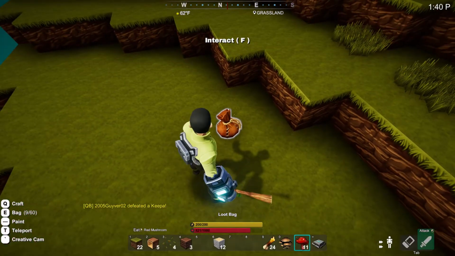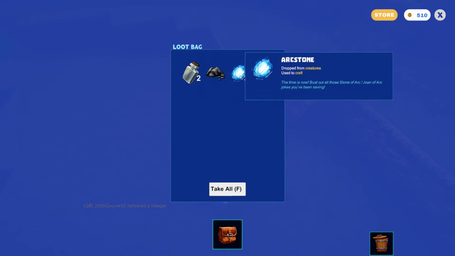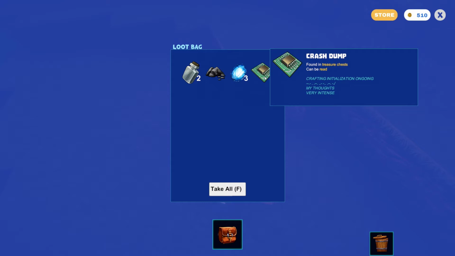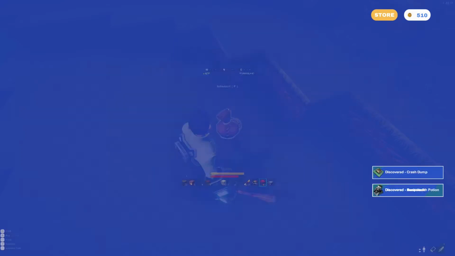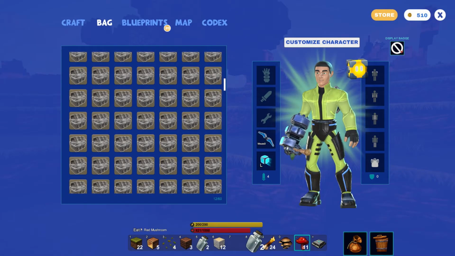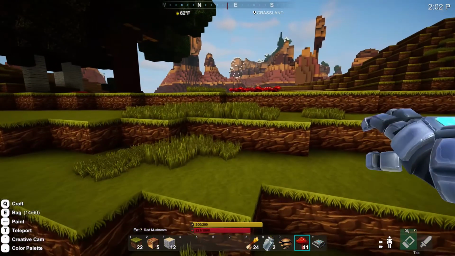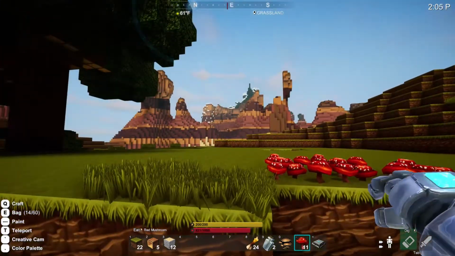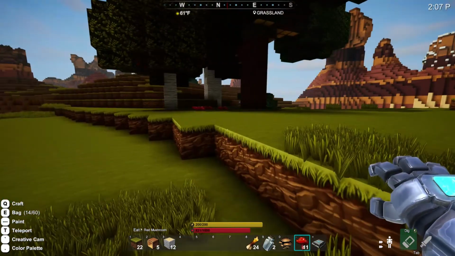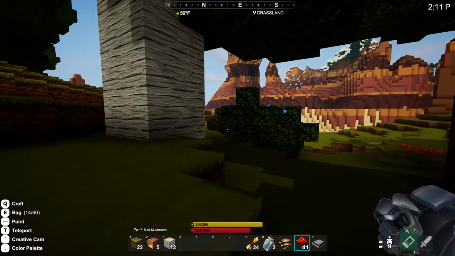Okay. So we've got some basic health potions, some gunpowder, some arc stones, which are the things that you really want. And I haven't found a use for that at all. Okay, so let's put this one over there, this one over there, this one here, that one up there, out the way. There we go. Oh, there's a couple more. Oh, there's another plank for another, that another one over right there? Or was that just the...